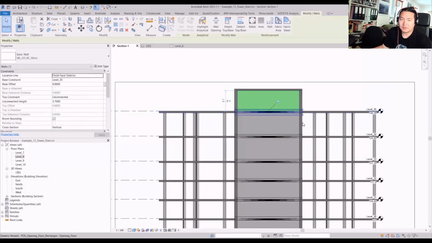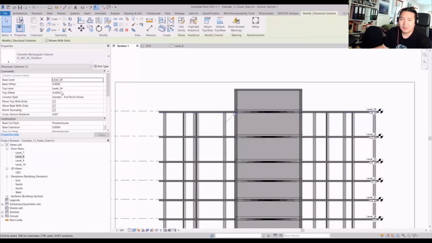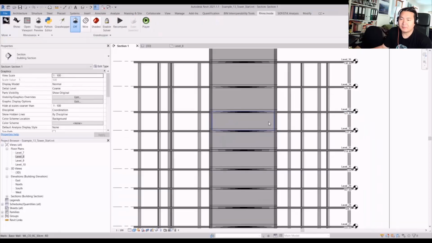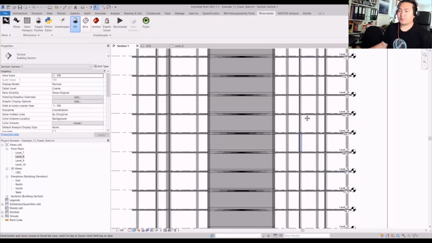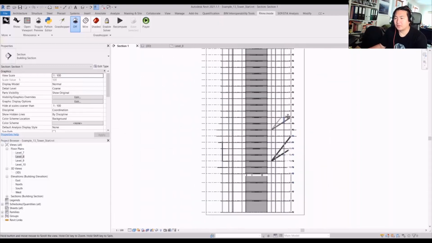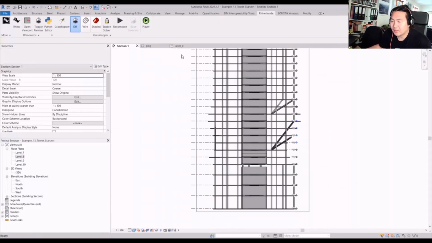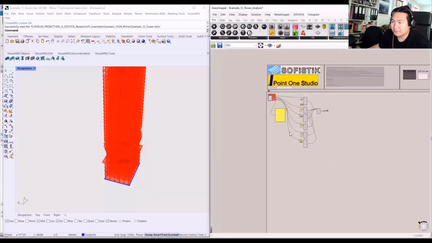At the moment, as you can see, the top constraint is unconnected because we didn't give the parameters of the base offset and top offset. But this is just a matter of setting the correct value in the Rhino Inside component. And if you look at now here,